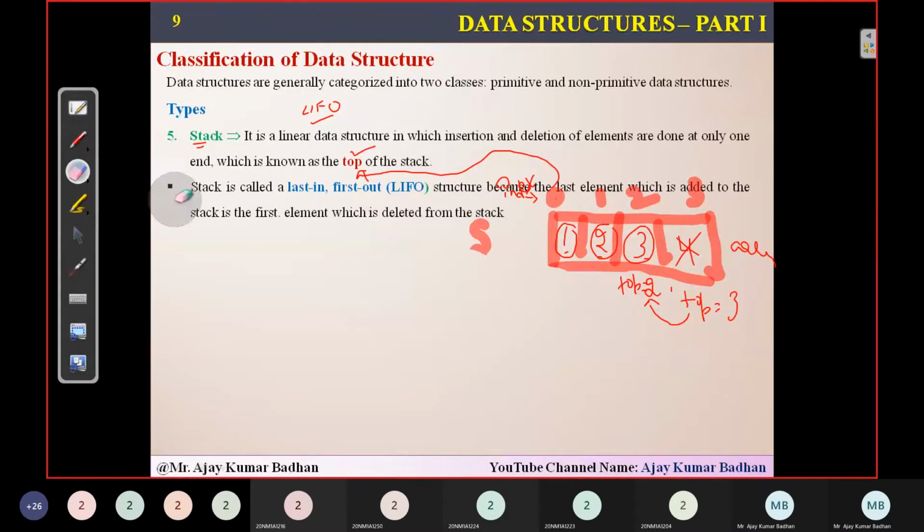So the next element I can remove is the value present at top equal to 2, index value 2. So what is that? 3. So I'm removing 3. Once it is removed, the top will be decremented. Now the top will be pointing to 1. So automatically it is decremented. Again, top becomes 0. And when this is decremented, top is equal to null. So there are no elements present in this particular location. When top is equal to null, that means there are no elements present in this scenario.